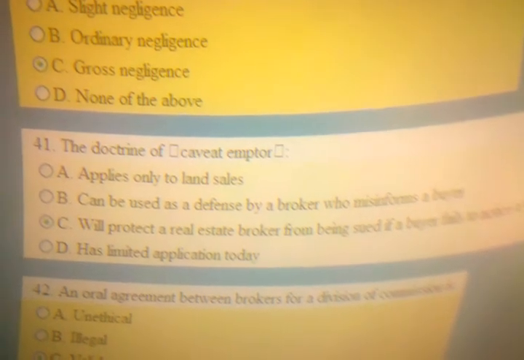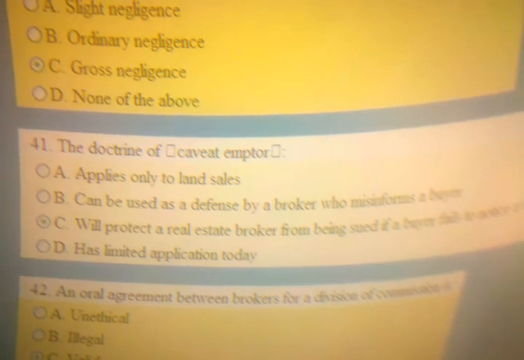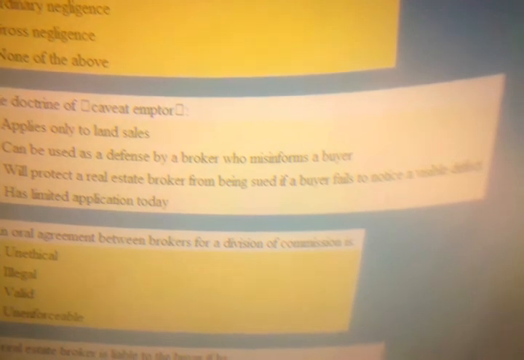Doctrines of caveat emptor will protect a real estate broker from being sued if a buyer failed to notice a visible